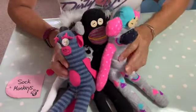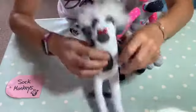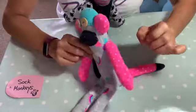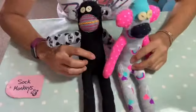Let me introduce you to a few of them. So this is Stevie Monkey. This is Muchacha. Muchacha's not quite finished yet, he's still got a few pins. This is Monica. You can see Monica's a little bit different. And this is Mikey. So Monica and Mikey are a little bit different, and you can find the pattern how